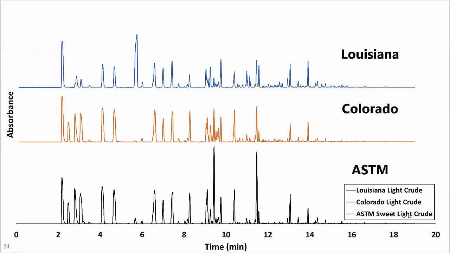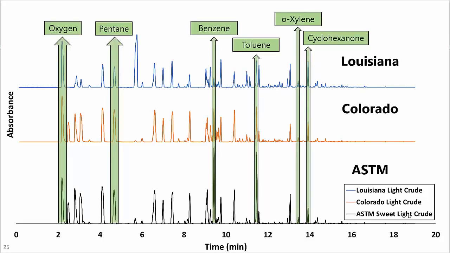So this slide just highlights the ASTM proficiency crude in black on the bottom, the Colorado light sweet crude in orange, and the Louisiana crude in blue. And overall, they tend to have similar profiles in the sense that they have a lot of information in the lighter end, in the front end of the chromatogram. So just to call out some compounds, we have oxygen, which is going to be present in the headspace itself. These crudes had pentane, benzene, toluene, xylene. And you'll see the presence of cyclohexanone, which was used to dilute methanol to the desired